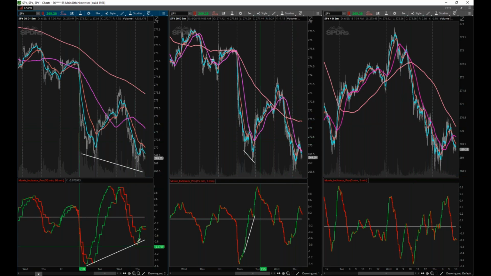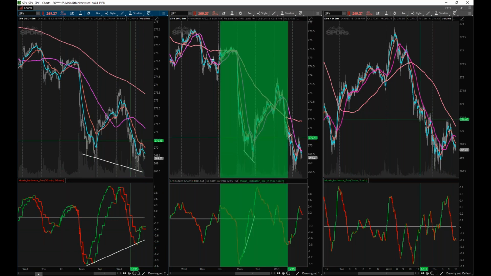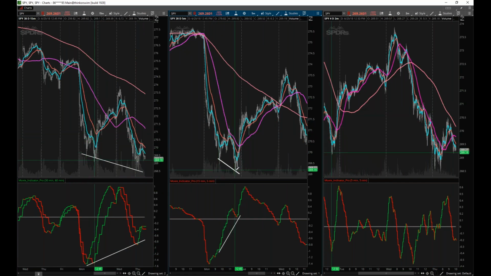Even though I see pressure coming, it's a two-part entry. I have to see the divergence. I also want the indicator over zero, and I want price to get over that moving average. So if we look here, you can see one that did work. Price was coming down, found a bottom, ran right into the underside of the 5-minute 50, got knocked back down, but look, what do we get? We got price down, indicator hugely up.